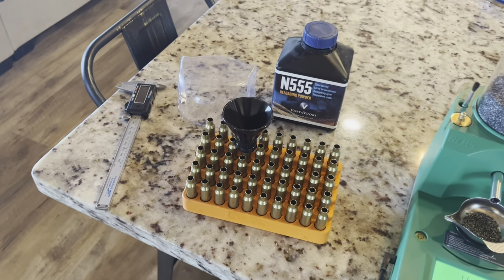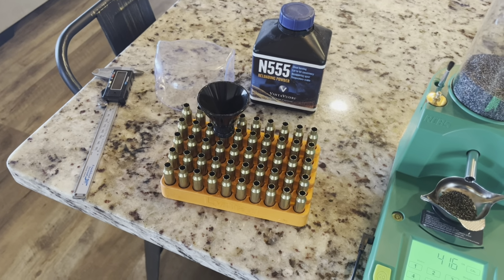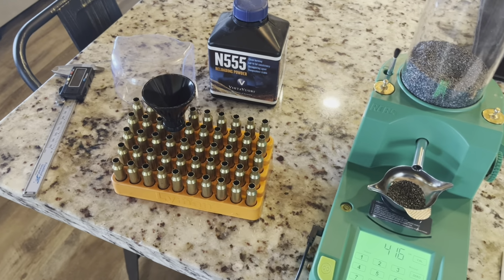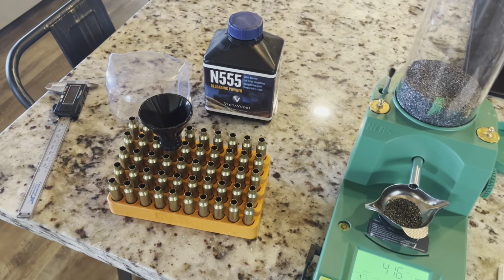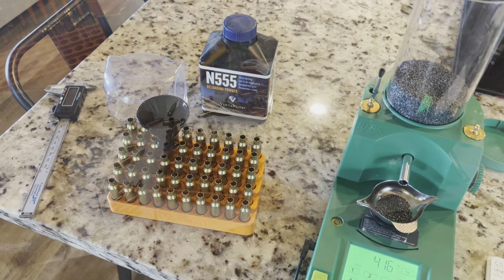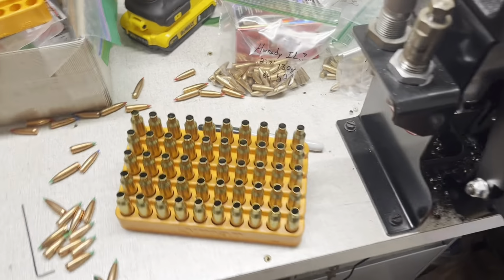So now switching to the Kimber 84M Hunter and a hunting bullet. So we'll just see how it performs. Y'all stay tuned. I'll have some range footage for this as well. So once I get all this stuff loaded up, we'll hit the range. So y'all stay tuned. All right, real quick before we head to the range, right before I started seating these bullets,